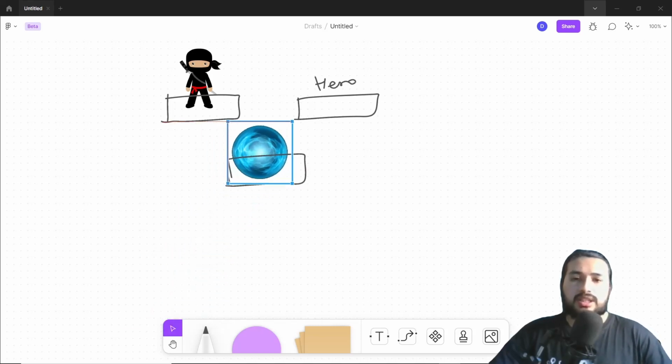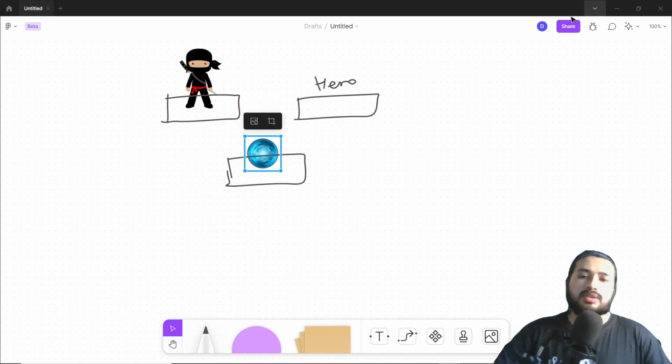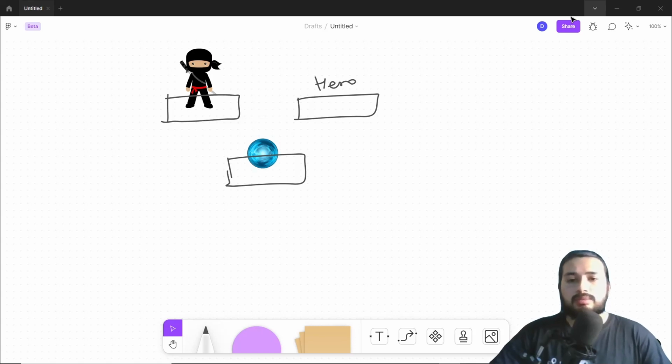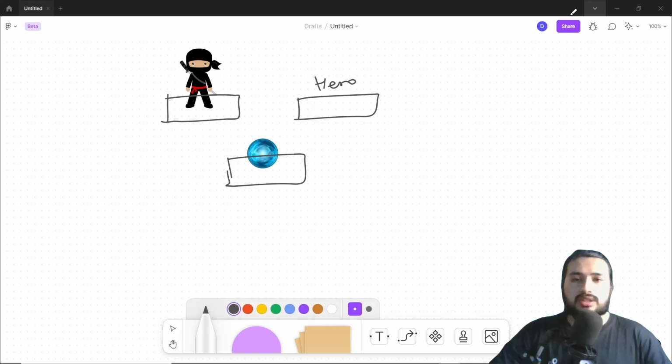And then the other image target will show a power up option, and when we tap this image target, this character will be able to defeat this one